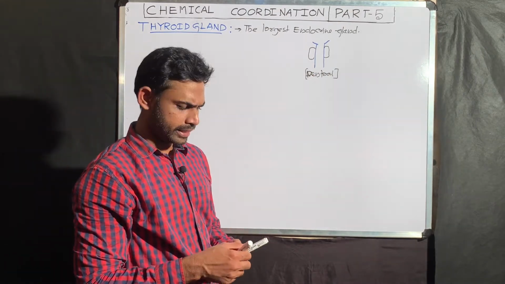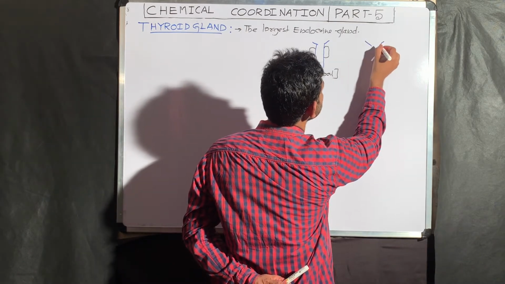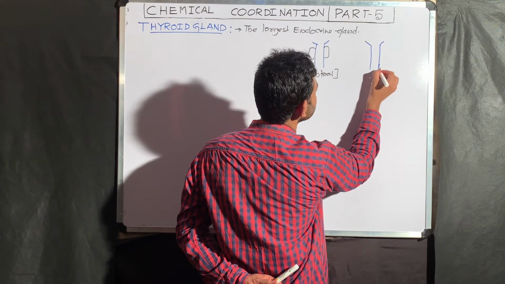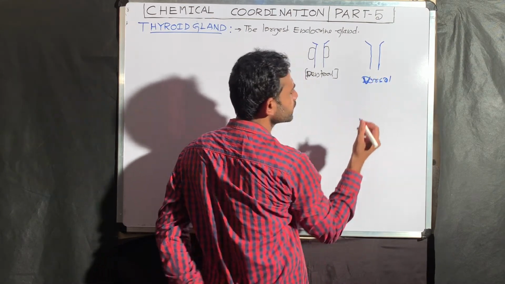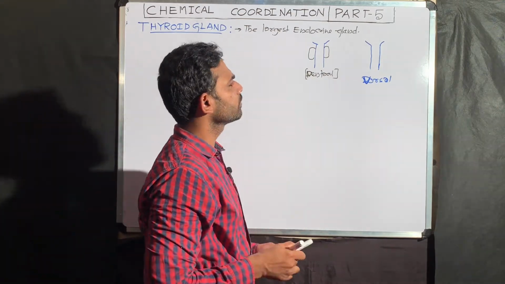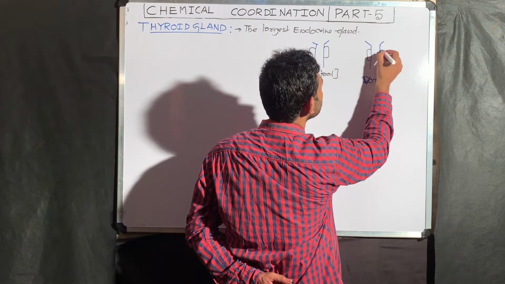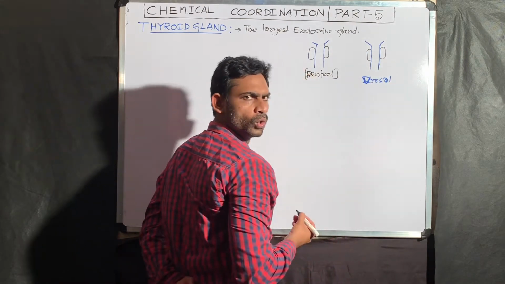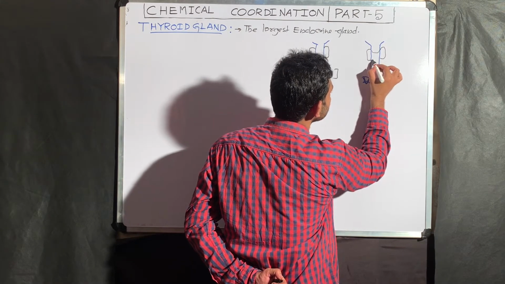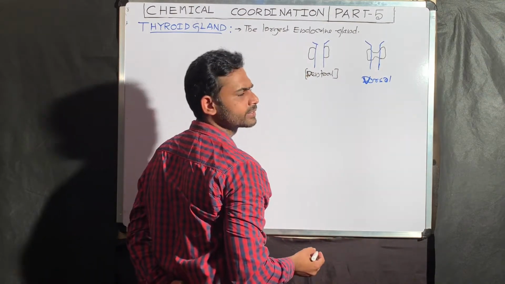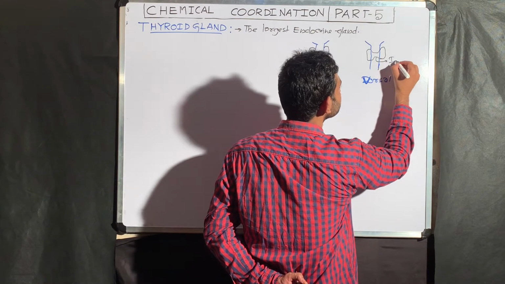If you see the ventral portion of the same thing, consider this is a trachea. Okay? This is a dorsal portion you are seeing. So this is a ventral portion. If you see the ventral portion like this, you can clearly see that these two are the two lobes. These two lobes are connected like this. These connected points, the connecting thing, is called the isthmus.